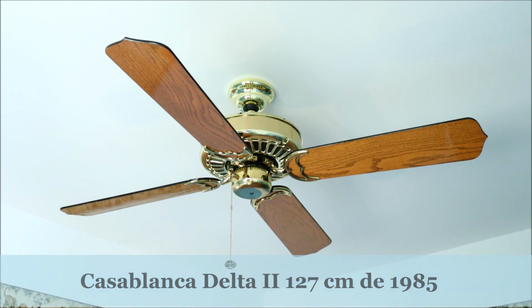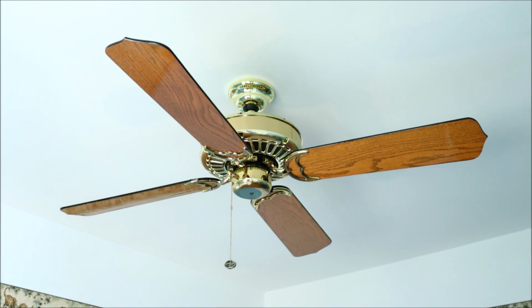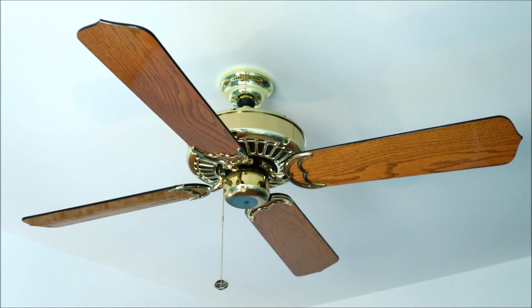This is a Casablanca Delta II, 127 centimeters, in bright brass finish from 1985. 1985 is the first year for the Delta II model, and those made specifically that year use a special control